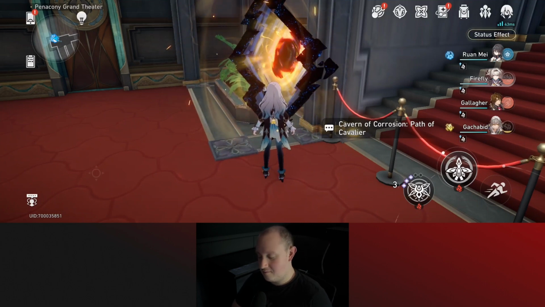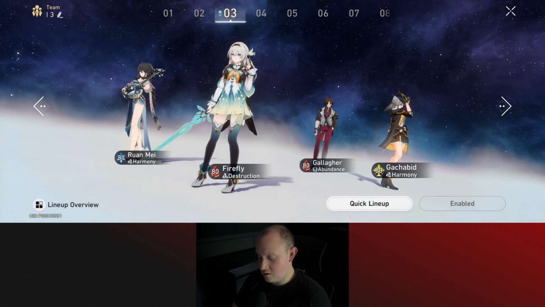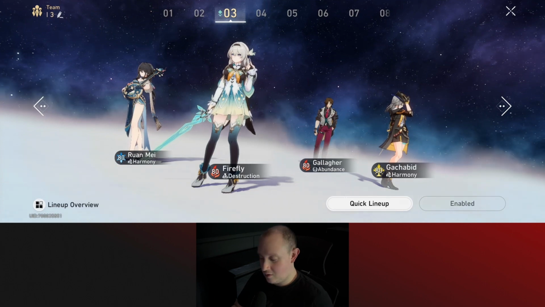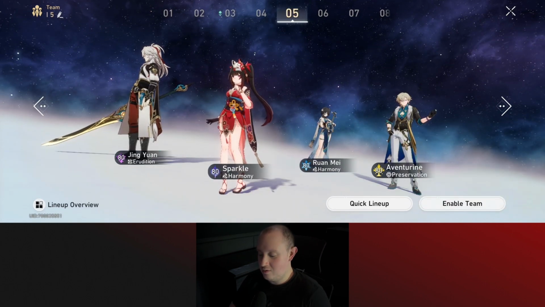Gallagher will fix that. It's all fine. And like I said, for the Echo of War I have a different team, and I always use this team for the Echo of War. Sure, the first team can also work, but Gallagher might not handle the one-shots that some Echo of War bosses do, like Sunday, or even the Bug, because the Aventurine is so broken with sustaining,